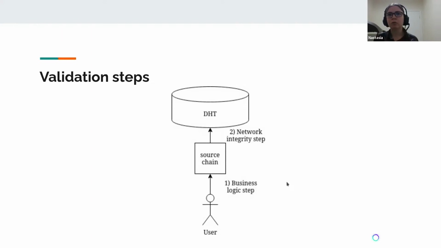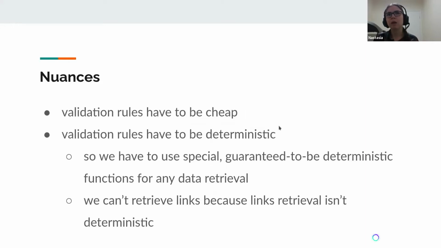So while the user is creating something on their source chain, we are basically validating our business logic, not allowing the user to create something that's wrong. And then second, we are validating the network integrity. So with validation being in process, there are some things that make it different from any other DHT operations that we would be doing. First of all, since validation is executed multiple times by multiple users, it has to be very cheap, because otherwise your application would be creating a constant CPU load every time that it's being executed by